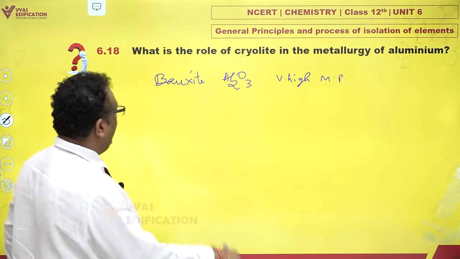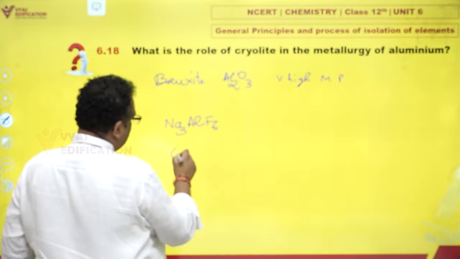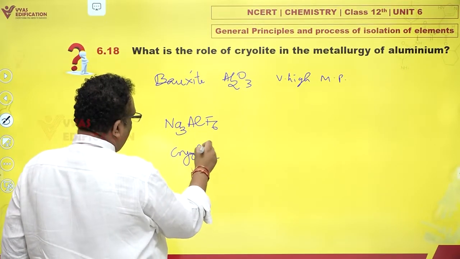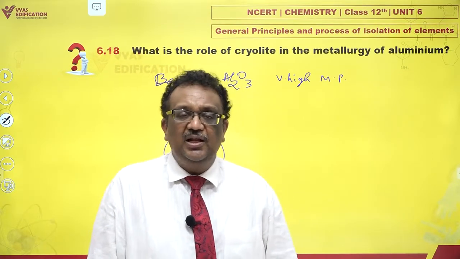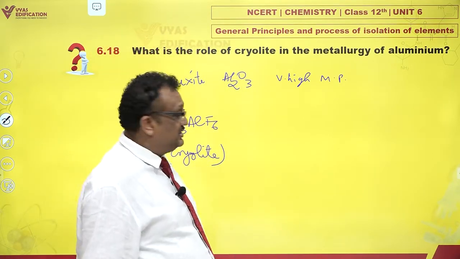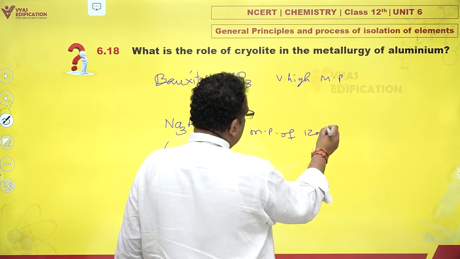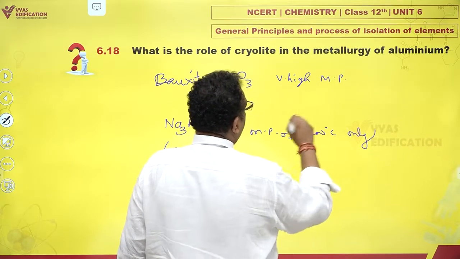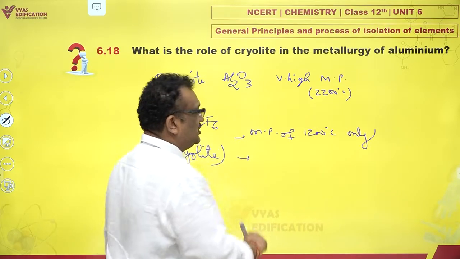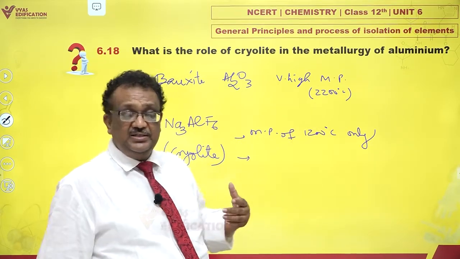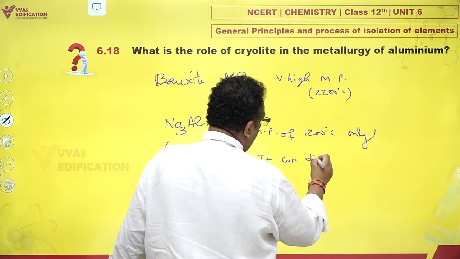And what is cryolite? Cryolite is Na3AlF6. It is a mineral which was found in Greenland, and nowadays people synthetically prepare this. The beauty of this is cryolite has a melting point of around 1200 degrees Celsius only. Right? So you just heat it to 1200 degrees Celsius, cryolite melts, and it can dissolve